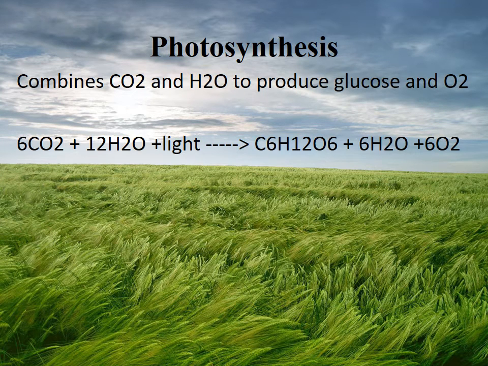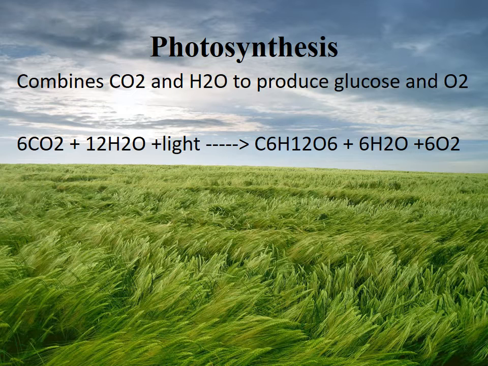Alright, so let's talk about photosynthesis. This is the process by which plants utilize energy from the sun to create energy that they can use, largely in the form of glucose and other derivatives of glucose that form all the building blocks of plants. So the process is the combination of CO2 from the atmosphere with water to produce glucose and the release of